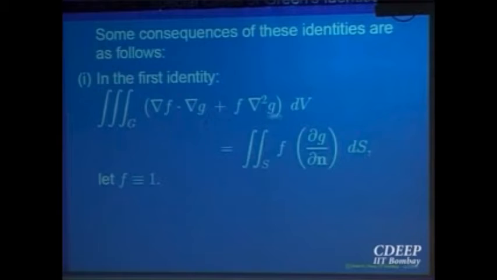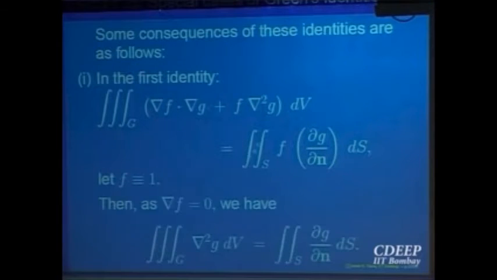Let us look at the first identity, which said for f and g scalar fields, gradient of f into gradient of g plus f into Laplacian of g is equal to the directional derivative. So let us take f to be identically equal to 1, the scalar field which is identically equal to 1. What will happen to this one? That is 0. So this is the triple integral of the Laplacian of g is equal to the directional derivative over n integrated. Only this term survives, since f is equal to 1. Integral of the Laplacian is equal to something similar we got in Green's theorem also.